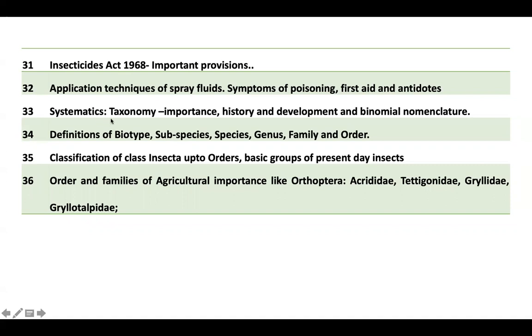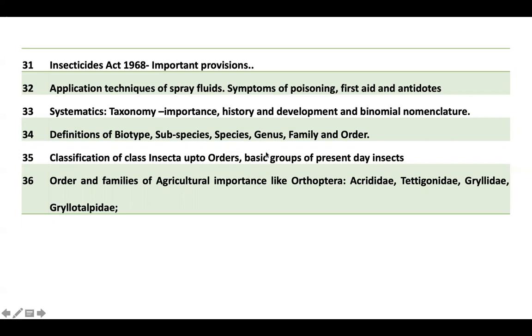Then systematics comes, like insect taxonomy, how it is arranged, that you will be studying, its importance, history and development, how it has developed and which scientists have contributed to systematics. And then binomial nomenclature, any organism we name through binomial nomenclature, so you will be studying that. And then definitions of different terminology, like what is biotype, subspecies, species, genus, family and order, all this will be dealt with in this topic. And then classification of class Insecta up to order you will be studying, like what different orders there are, so that classification you will be studying, like